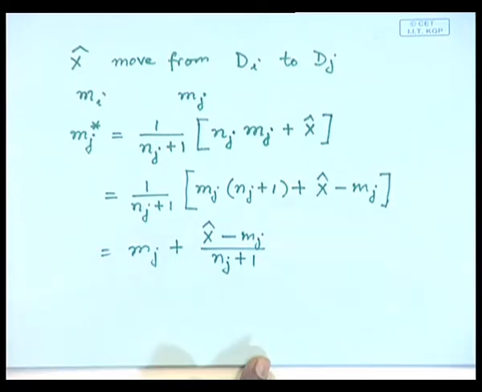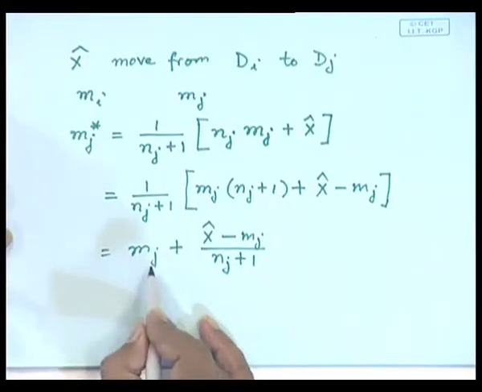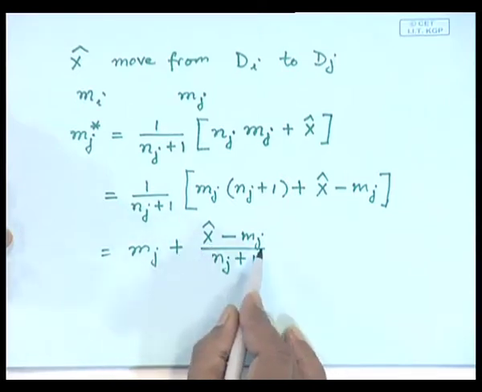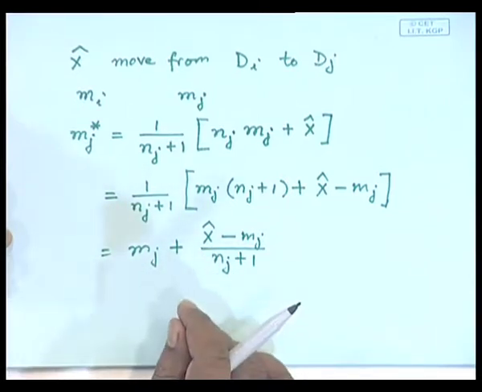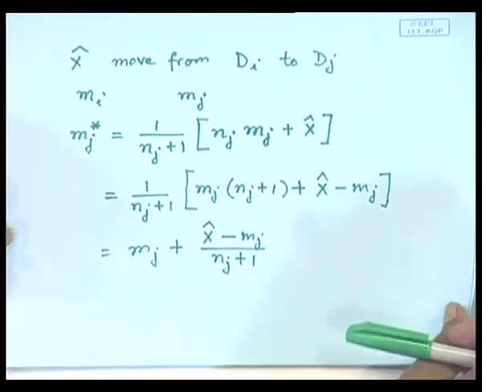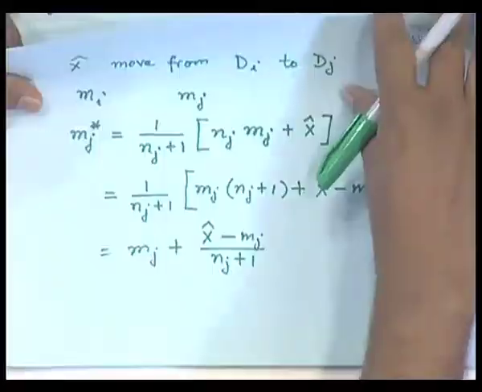Okay. So, as this new feature vector x hat has been pushed from the ith cluster to the jth cluster, the mean of the jth cluster, which before x hat was pushed into it was m j, has changed to m j star, where you find that there is an increment in m j, which is given by x hat minus m j upon n j plus 1. Okay. So, in the same manner,